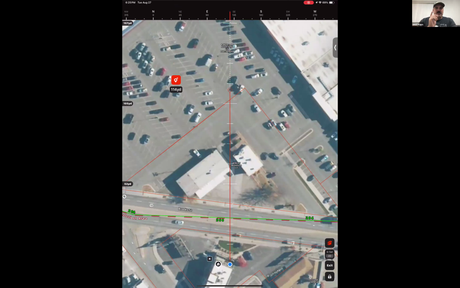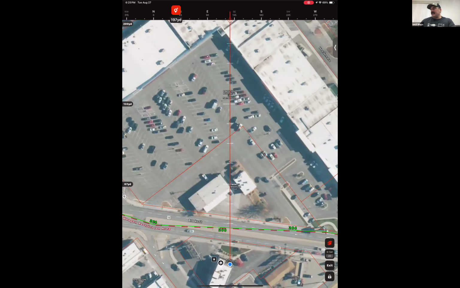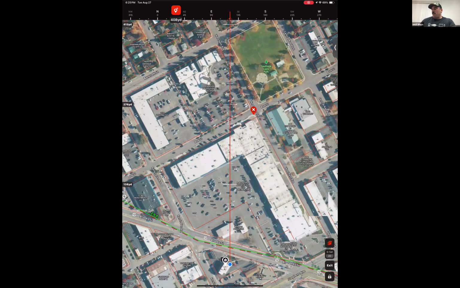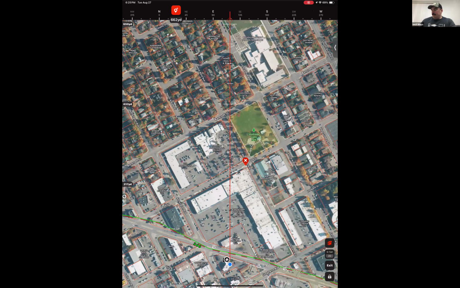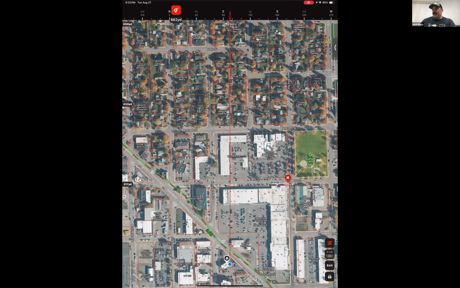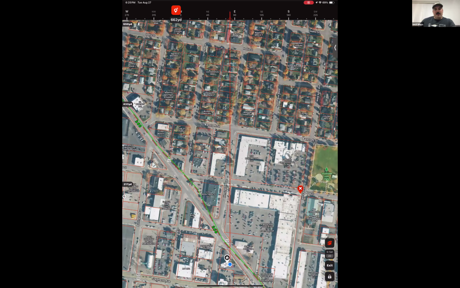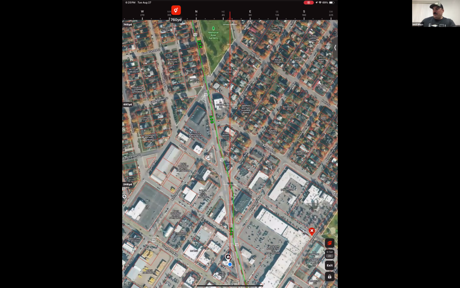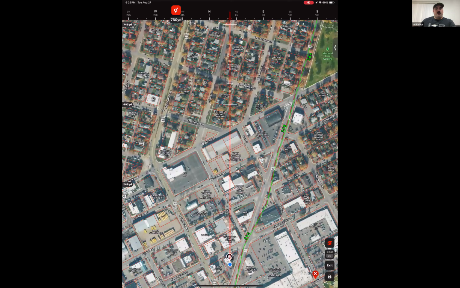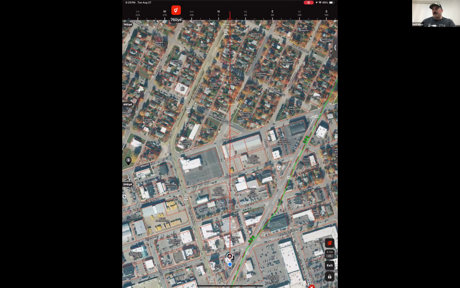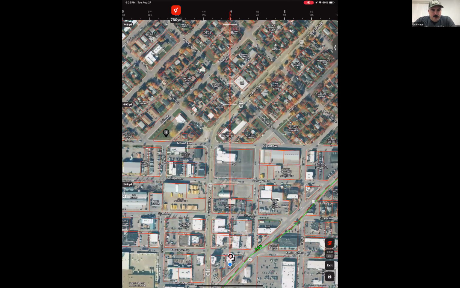And when the screen is locked, if I need to rotate this a little bit with one finger on the screen, I'm swiping left here and it rotates the map for me, or I can swipe right. So if you want to fine tune it and you don't necessarily want to move your phone or repoint it, you can just do that with one finger as well. So that is, I love that tool. Great for